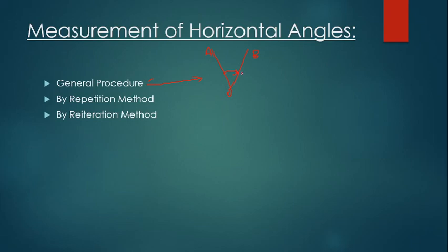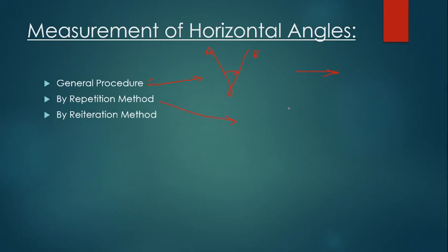and repeat the measurement of the angle with face right, and record the same in the tabular form. For measuring one angle set, we take the average of vernier A as well as vernier B. Once we get the final face left angle and face right angle, the average of those two will be the horizontal angle. In this procedure, you will get a least count equal to the least count of the theodolite only, whereas